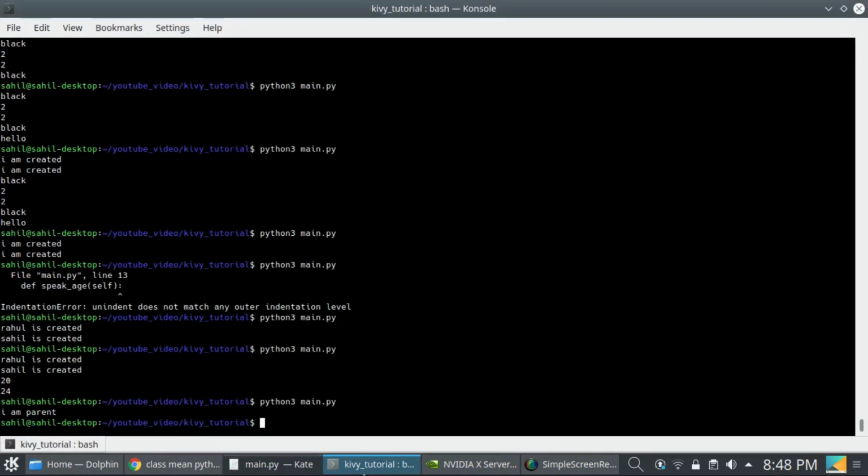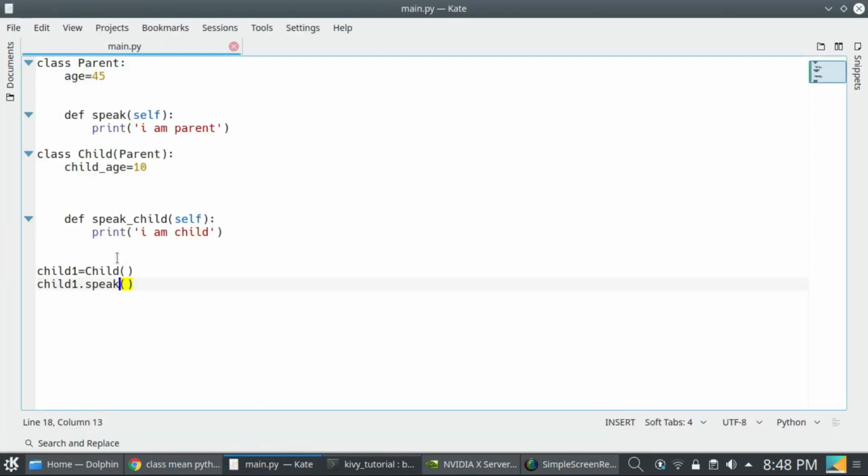So you can see "I am parent", as I am calling that method of the parent class from the child. The child has all properties of the parent class, so I can access that speak method, or I can access all attributes of the parent class, like print child1.age.